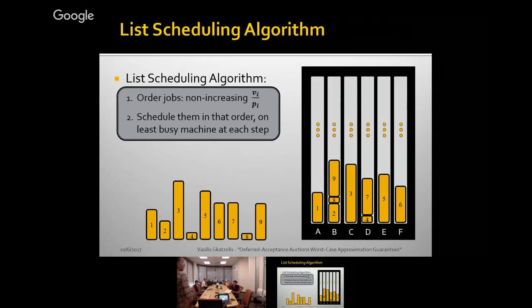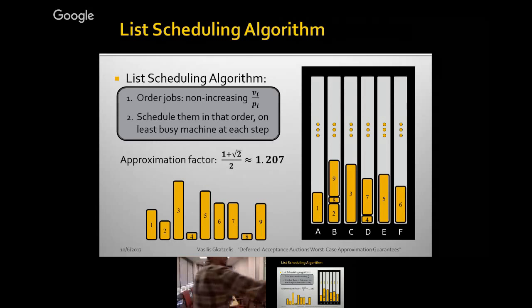So this is a very simple list scheduling algorithm, and what we know about this is from a very basic paper in this literature on machine scheduling. If you do it that way, you get a 1.2 approximation, right? So you can get this list processing algorithm and get yourself a 1.2 approximation algorithm. But again, this is bottom-up. This is scheduling people bottom-up. We have a much trickier task at hand. We want to start from the top and start scheduling backwards.